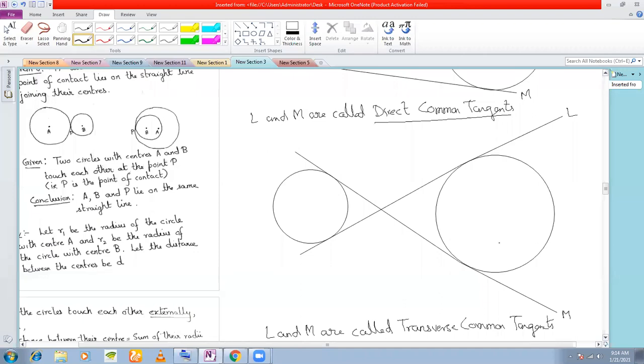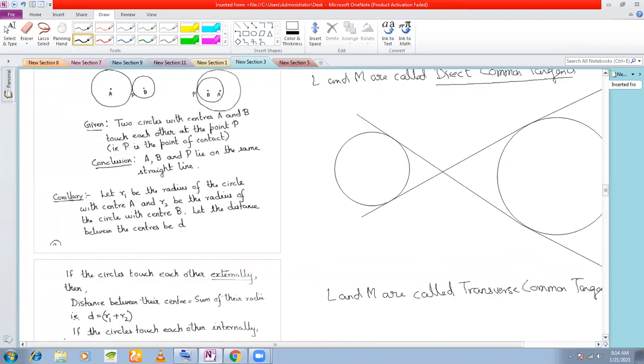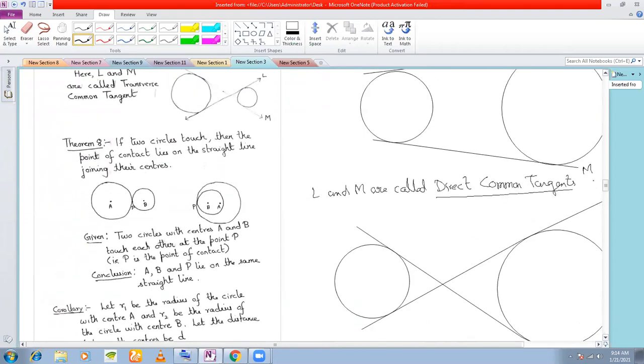You can find out the length of these tangents. I think I have done a sum based on this, which I'll be discussing when I discuss the sums on exercise. For the time being, an important theorem that we'd like to discuss here,